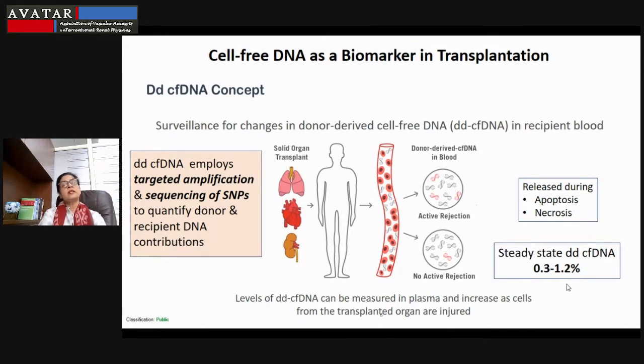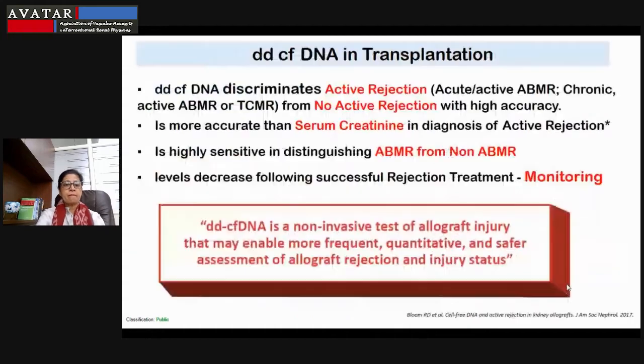A large number of studies have worked on the steady state of donor derived cell free DNA post transplant, and for kidney, the values range at 0.3 to 1.2%. Donor derived cell free DNA in transplantation can discriminate active rejection from no active rejection. It is more accurate than serum creatinine in diagnosis of active rejection, highly sensitive in distinguishing ABMR from non ABMR,